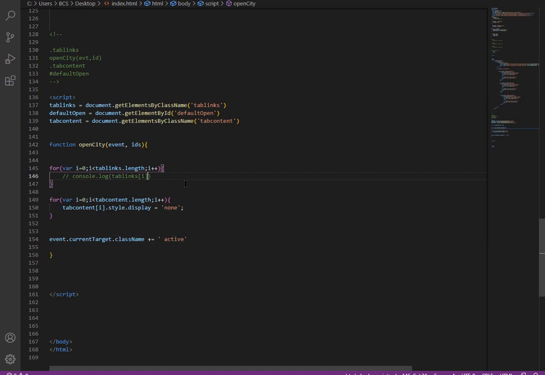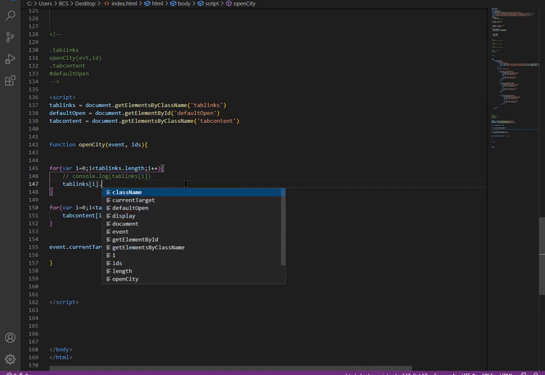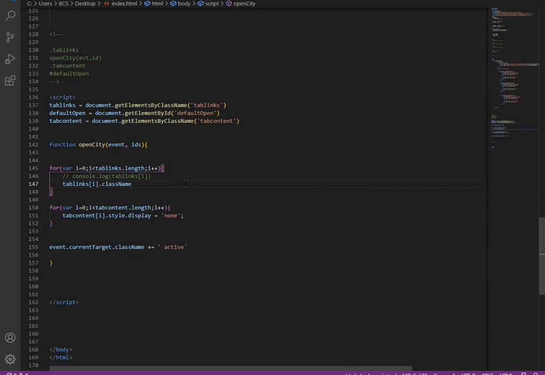So get the tab links and get the className dot replace, and we want to replace the class active with nothing.